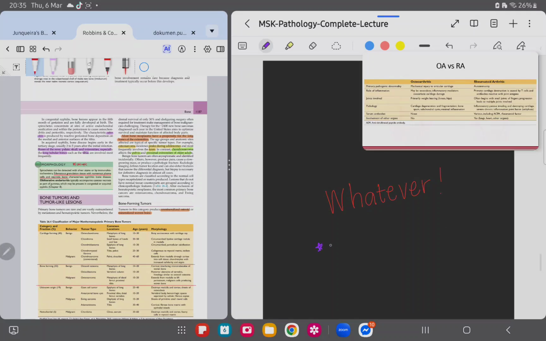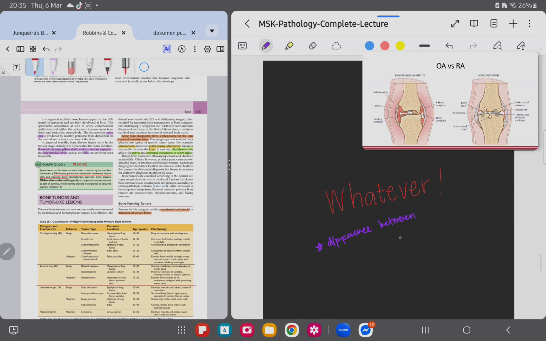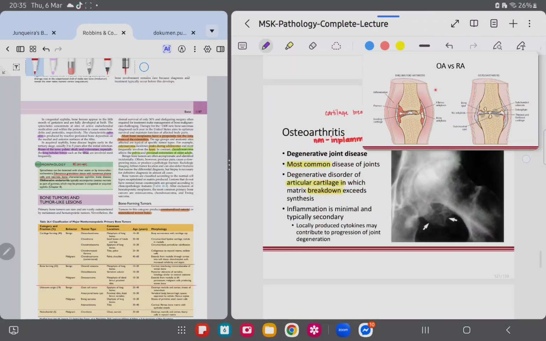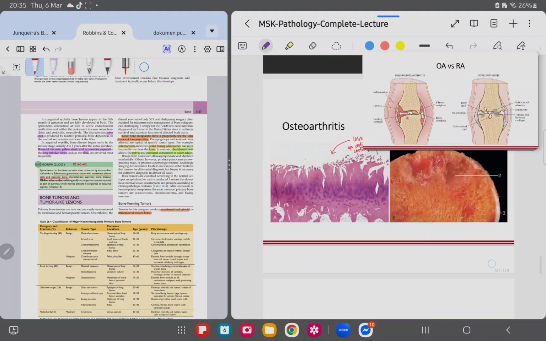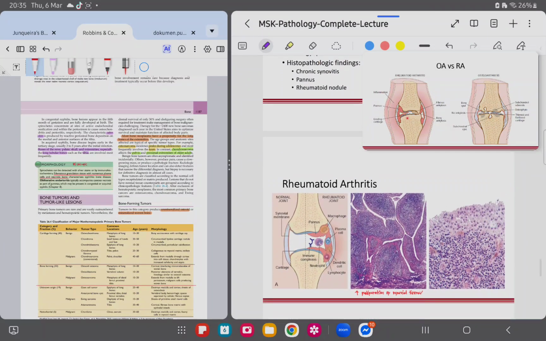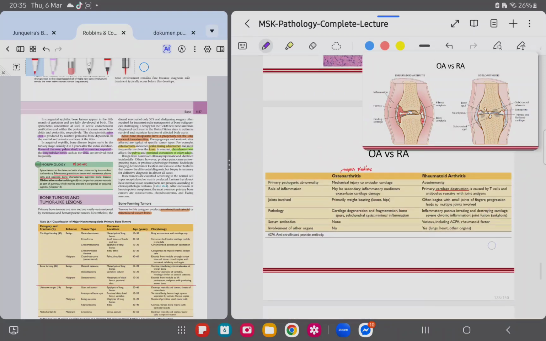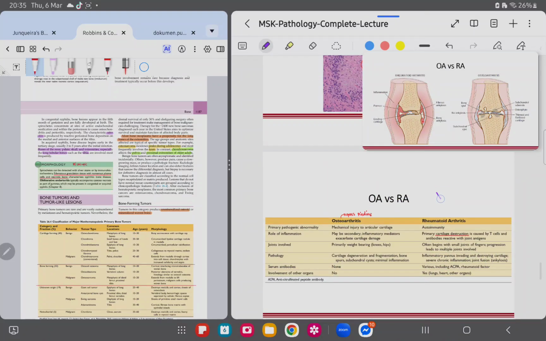You should be familiar with this diagram by now, in which you are shown the differences between osteoarthritis and rheumatoid arthritis. So in rheumatoid arthritis, you see the pannus formation, the erosion of cartilage, and the occasional bony ankylosis. In contrast, in osteoarthritis, your bony spurs are formed, your cartilage is thinned out, and there is subchondral sclerosis.